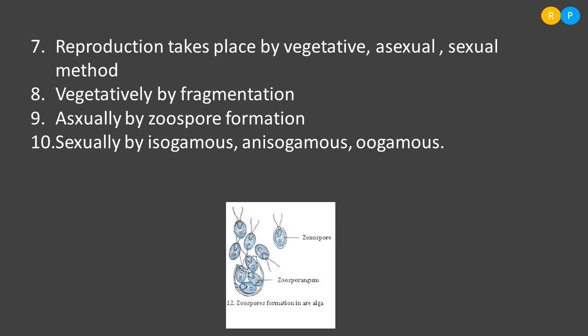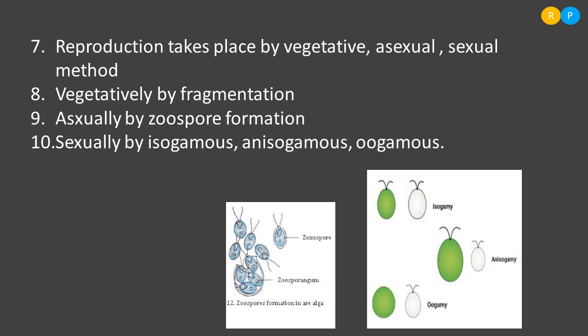Then here we can also see the sexual mode of reproduction. That means some members of green algae reproduce by the sexual method. There are three modes of sexual reproduction we can notice here: isogamous, anisogamous and oogamous. Different species of green algae show different kinds of sexual reproduction. Children, we have already discussed the meaning of isogamous, anisogamous and oogamous. These divisions are made based on what kind of gametes are involved in fusion. Understood, right? You see this diagram.